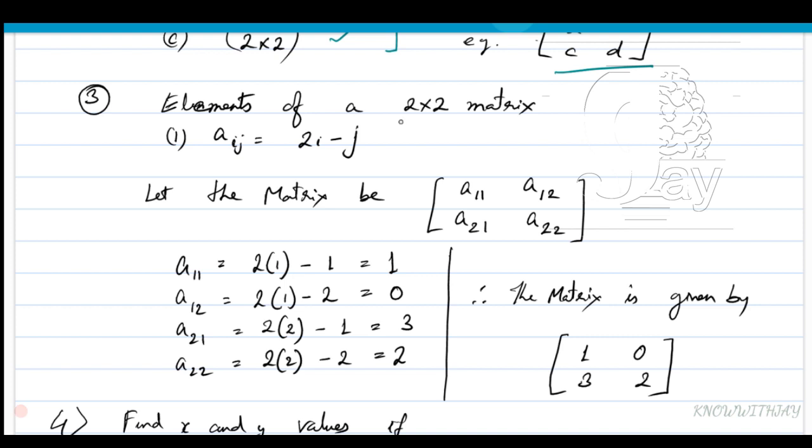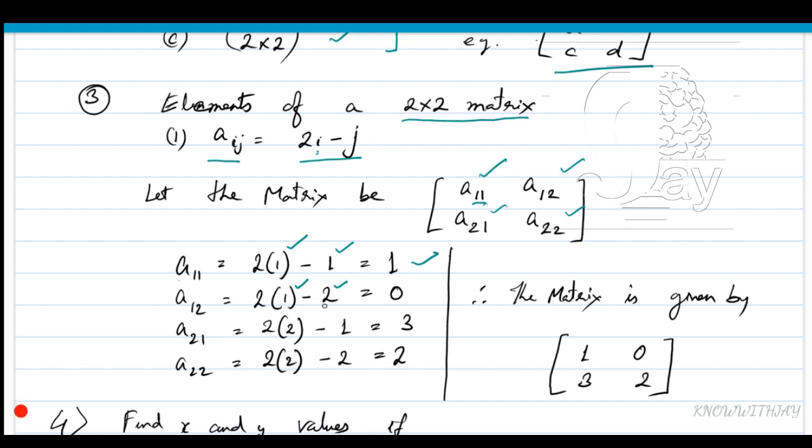In question number 3, we have the order of the matrix 2 by 2 given, and the relation of row and column of an element is given as aij equals 2i minus j. Let us try to find out all the elements of the matrix with the help of the given relation. Now, if we have a 2 by 2 order of the matrix, the elements are a11, a12, a21, and a22. Now, the first element is given by aij, where i is 1 and j is also 1. So if we put the values, we get the first element as 2 minus 1, that is 1. Now similarly, we can also find the next element, a12, i value is 1, j is 2, so that's